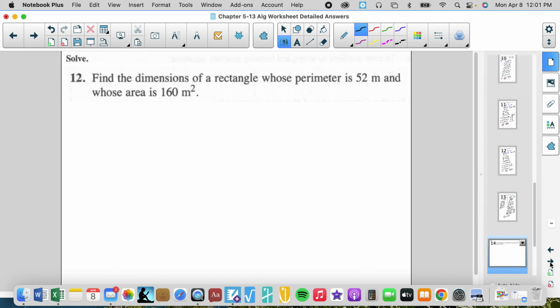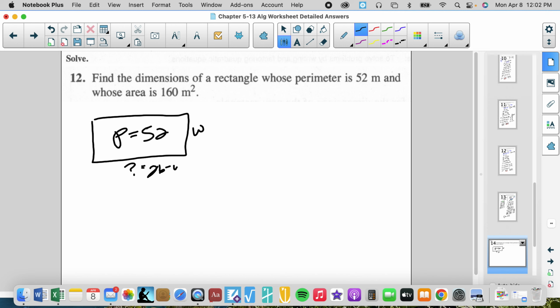We're going to use that same technique. P equals 52. This is going to be W. This is going to be question mark. So if we know correctly, that's going to be 26 minus W. How? Because P equals 2 question mark plus 2W, and 52 equals 2 question mark plus 2W